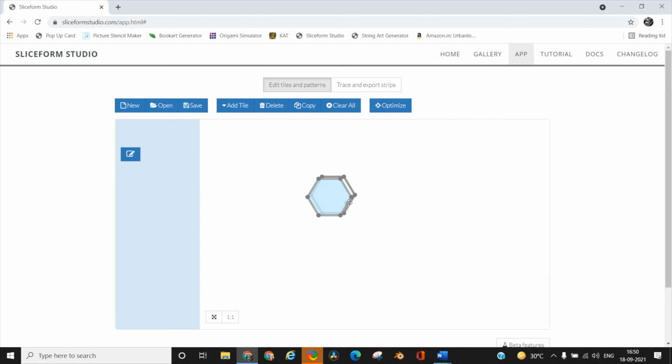So right now I have dragged 2 hexagons here. If you want to join them, then you just need to click on this side and click on this side, and both will get joined. Now if you want to add more, just keep on dragging more and more and keep on joining. All the joined edges you are going to see in green. You only need to join one edge, the other will automatically get joined. So I'm just going to create a simple pattern here.